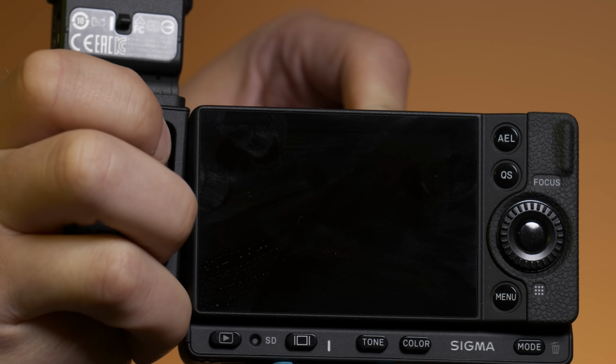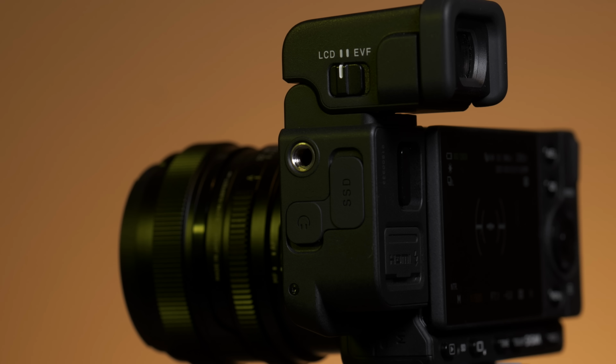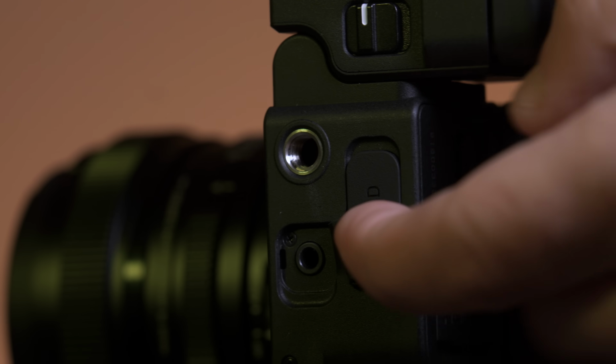They say that was to be expected, but it does have some interesting features. You can flip the EVF up to 90 degrees. Some people are going to like that. There's a 1/4 inch screw on the side so you can add attachments. Now the camera itself does not come with a 3.5mm headphone jack, but there is one provided when you have